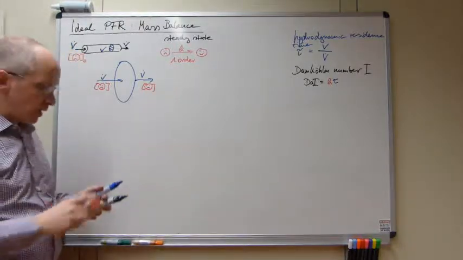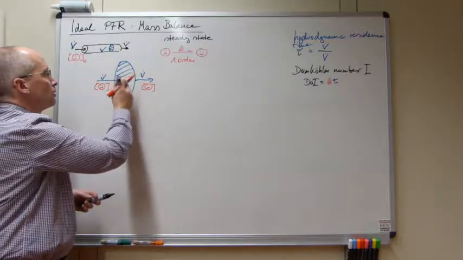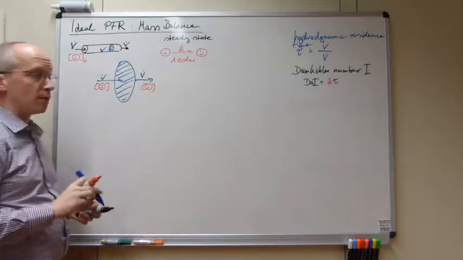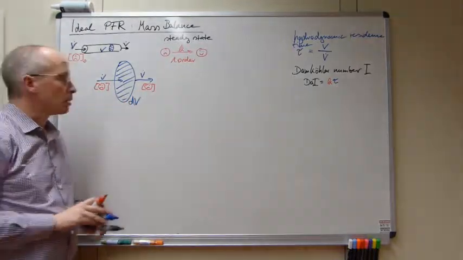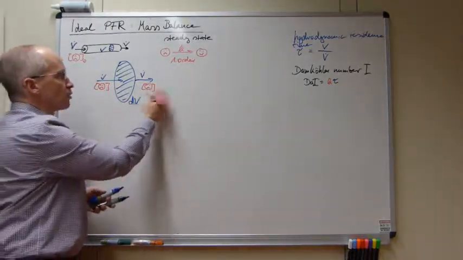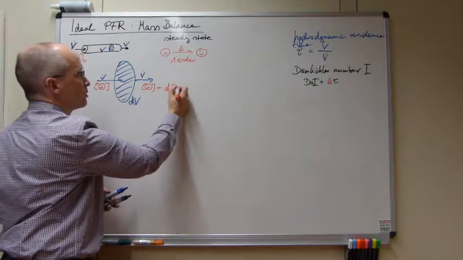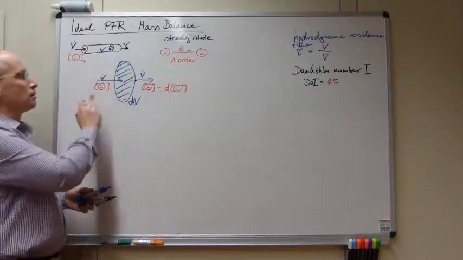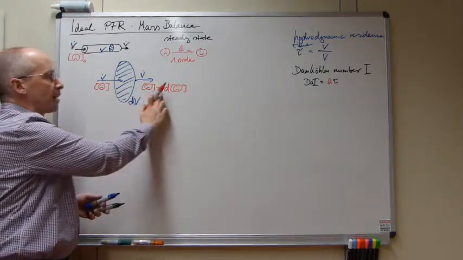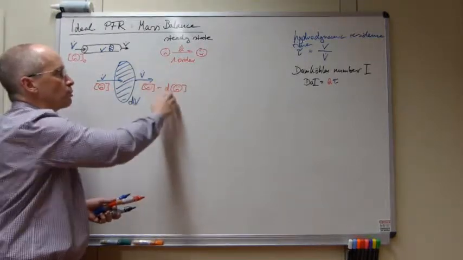And in order to describe that, we make this volume element here infinitesimally thin. So we say, okay, this is dV, delta volume, and this turns our change of reaction into an infinitesimally small one, so we can describe that as being the initial reaction plus something else, and as we're looking at the reactants, this will be negative.